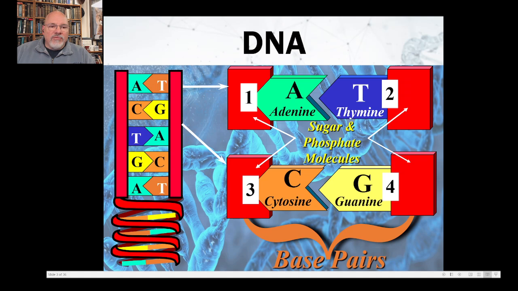So as we jump in, first of all, this is DNA. DNA is highly organized. I want you to understand that the DNA code is axiomatic of a language. You have to have a language to have a code. For example, if I were to get up at a chalkboard and write SOS, those of you who are English speaking and know the English language, if I asked you what does that mean, people would say, save our ship, save our souls, or distress. In other words, I need help.